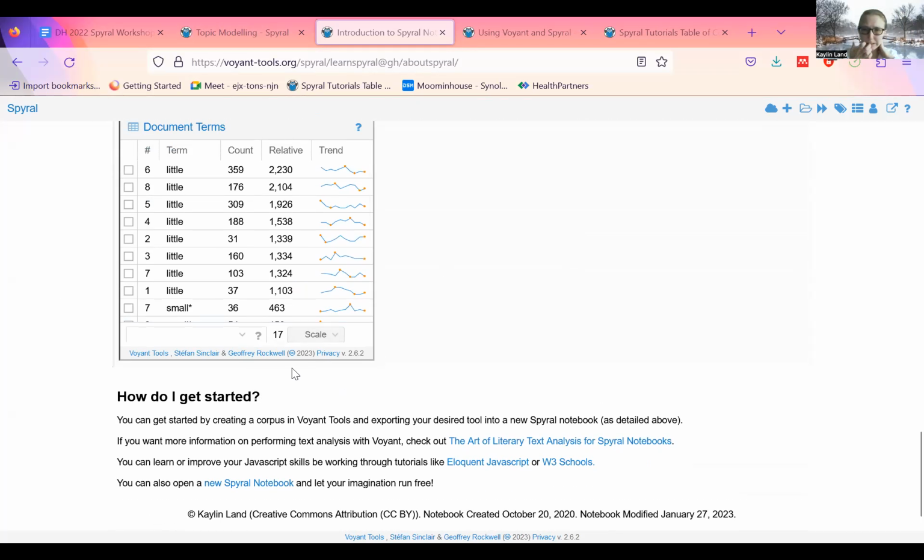Okay, so I do see a question in the chat, which is, can you make a notebook read only? So that's a good question. It depends on what you mean by read only, I guess. If you mean in a way that you wouldn't be able to run the code cells, no. I don't think there's a way to do that. If you mean just so that no one else could edit it,